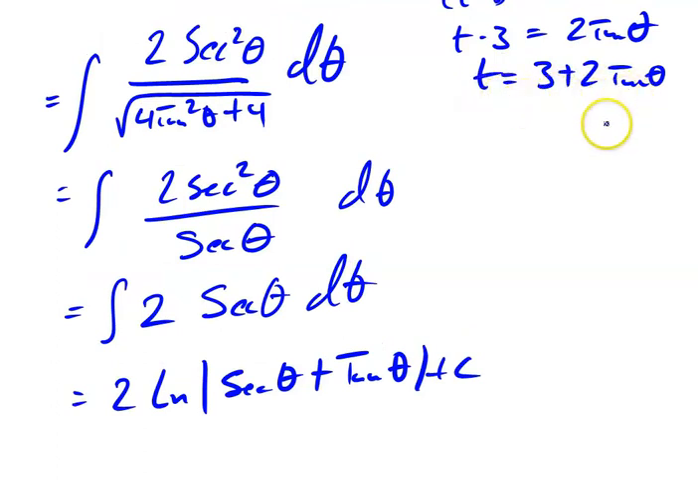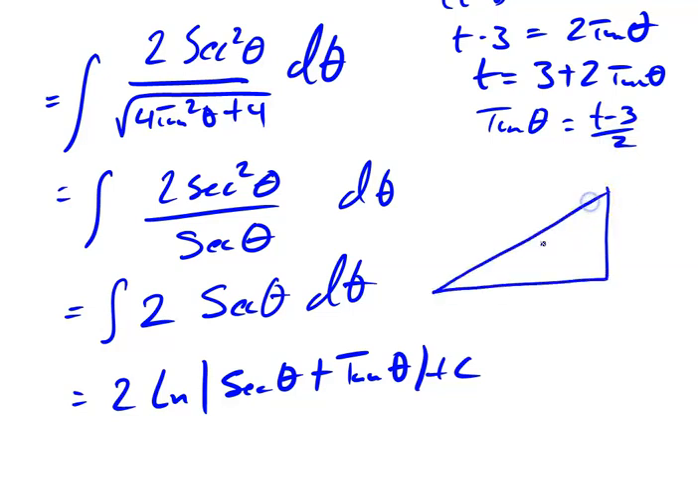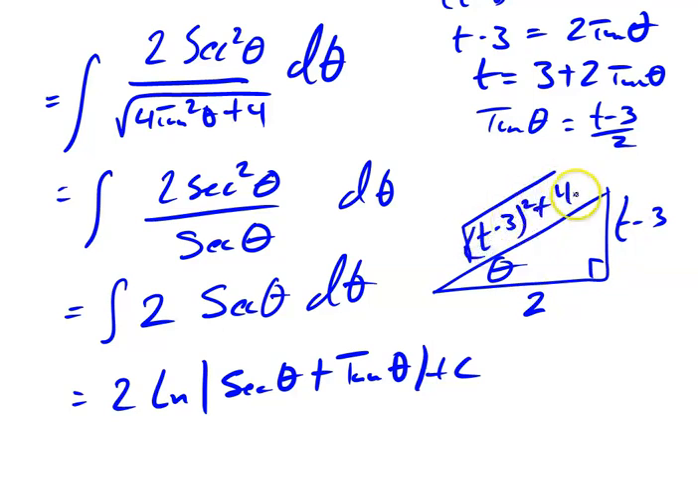So there's a triangle involved here. If I solve for tangent of theta, it's t minus 3 over 2. So if I draw this triangle, call that theta, tangent is the opposite side over the adjacent side. So if I say t minus 3 here and a 2 right there, then the length of this other side is equal to this squared plus that squared. So t minus 3 squared plus 4 squared, and then, sorry, 2 squared, which is 4,